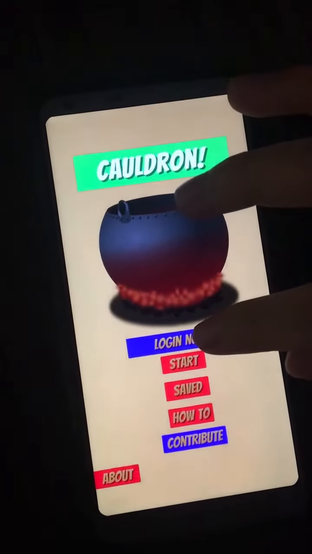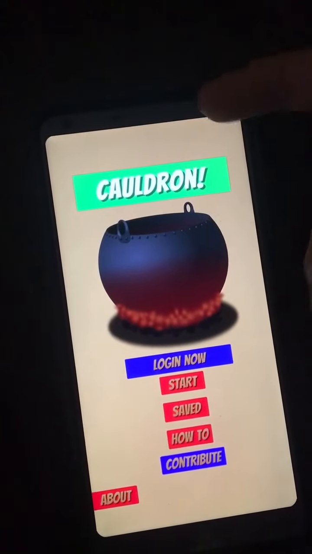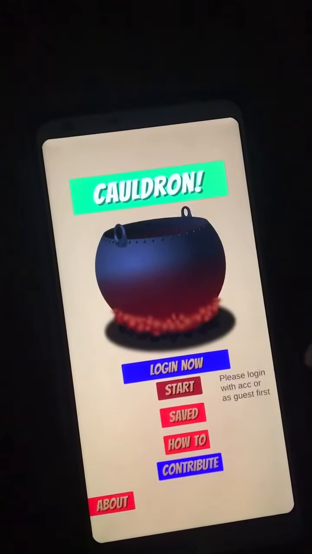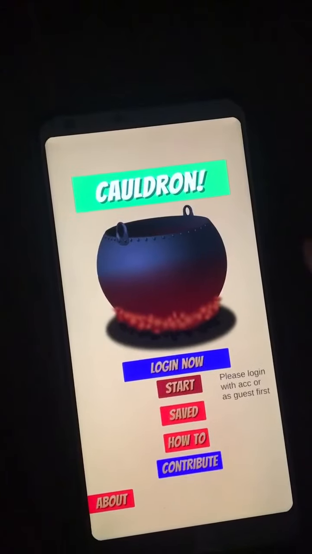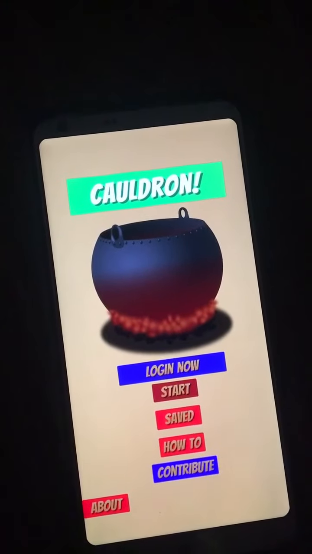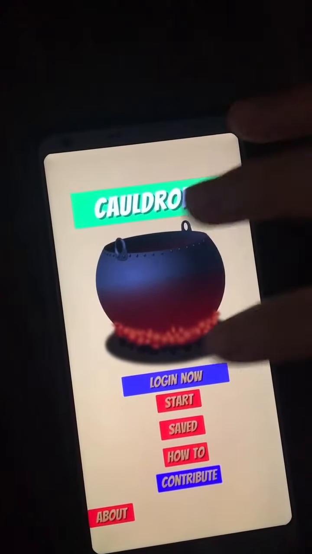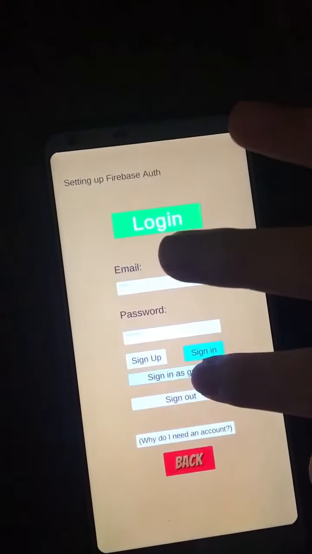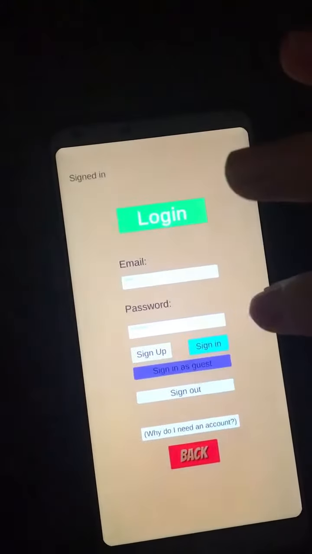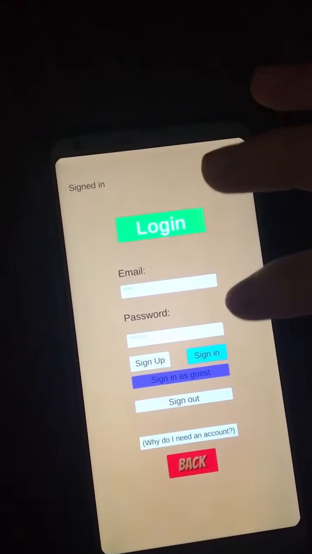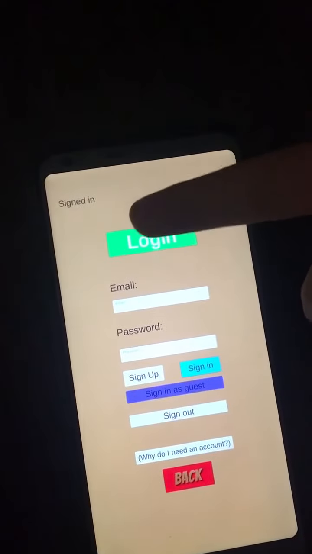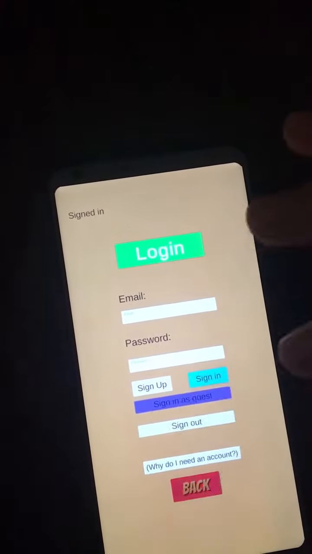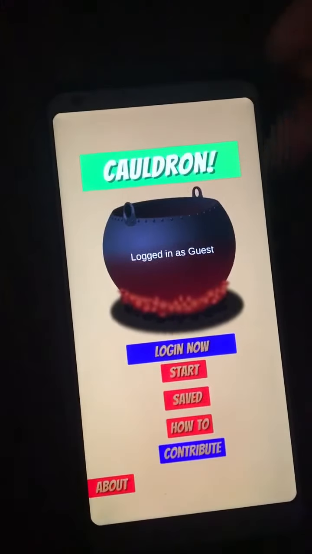Let's say you're not logged in and you press start. It will kindly remind you to log in as a guest or with an account. So now we'll start by logging in as guest. I will sign in as guest. I already pressed it just now, so it's signed in. I press back and now I can